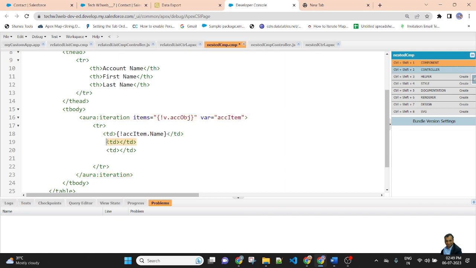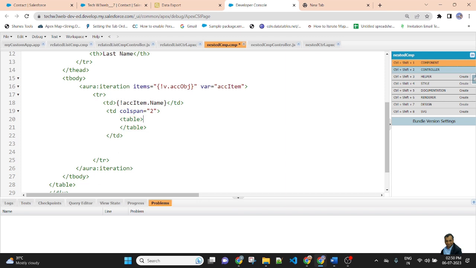Here I will create another table. So I am removing this td and I am using colspan equal to 2, and inside that colspan td I will create a new table, and inside that table I will use an aura iteration.